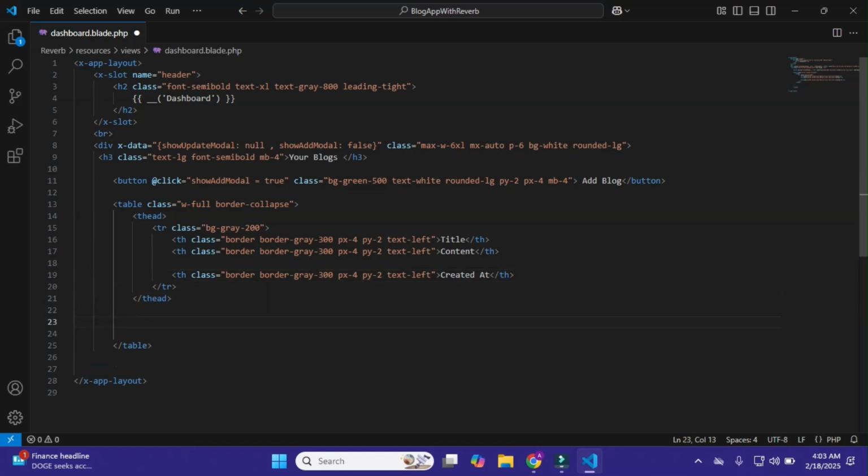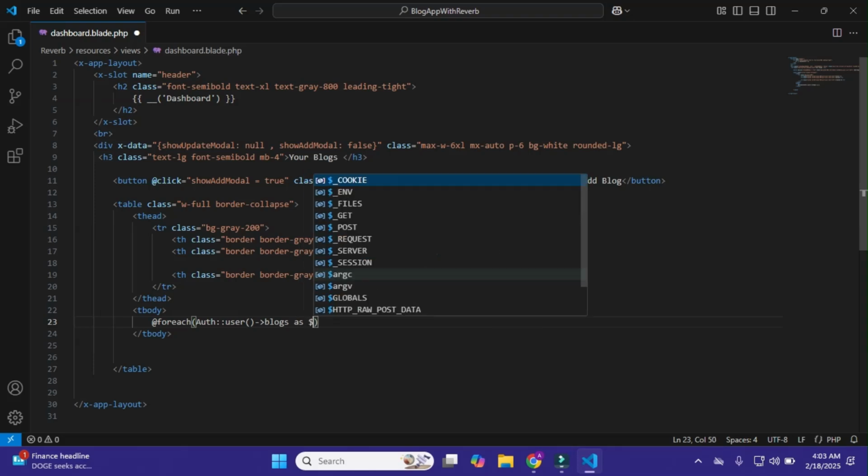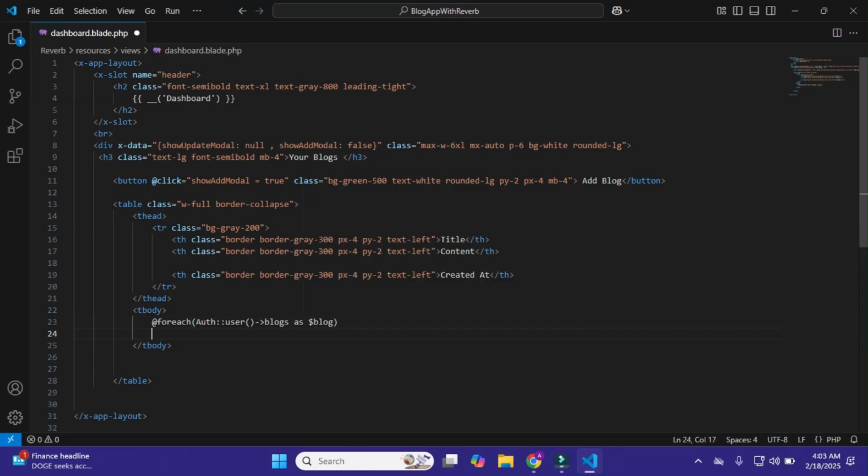And after that, we have tbody, and within it, I'll use this foreach, and within it, I'll use this auth user, and in it blocks, as $block. Okay, just this, and within it tr, and give it class border gray.